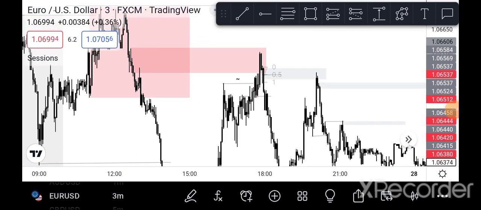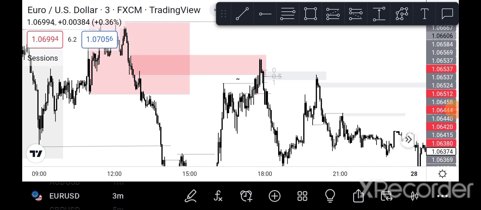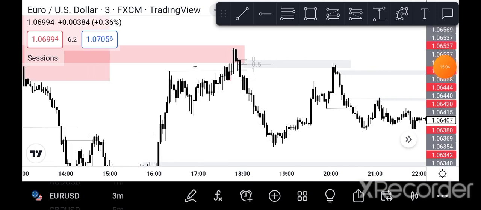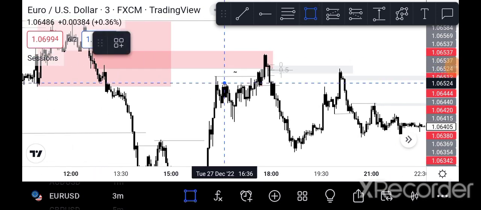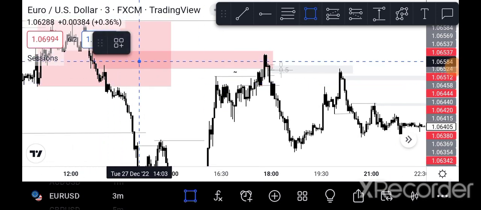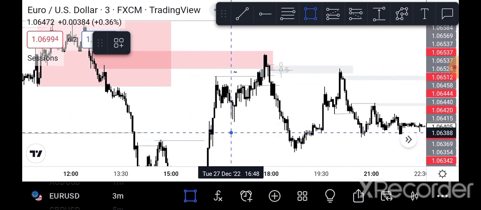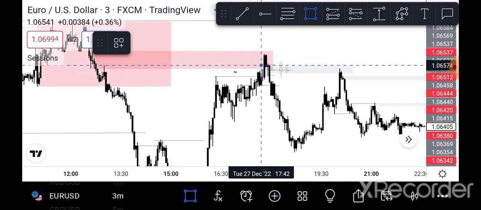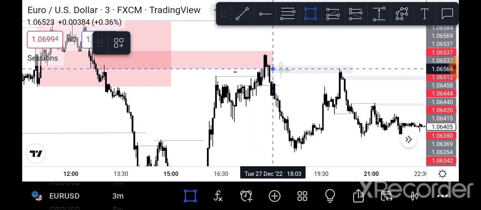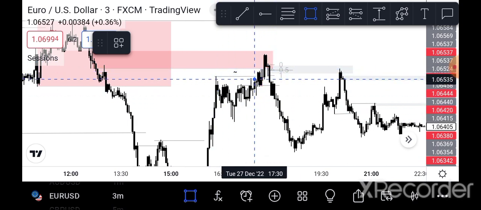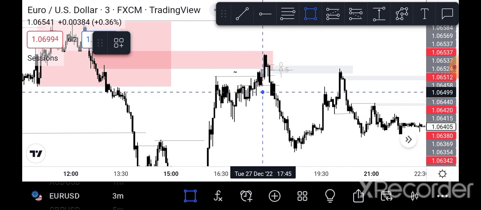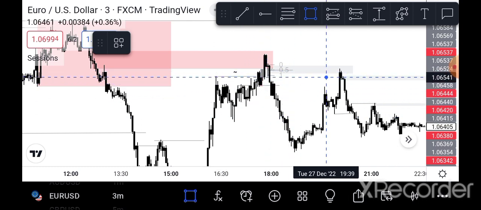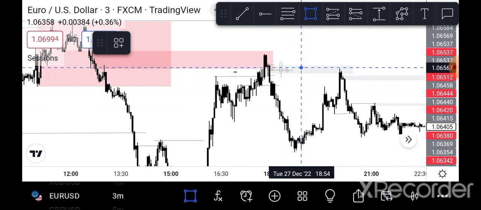So you can see price reacted to this zone over here. I won't go deep into entries right now, we're just talking about market structure. You can see price took out liquidity, broke order flow. The same concept. Take your entry